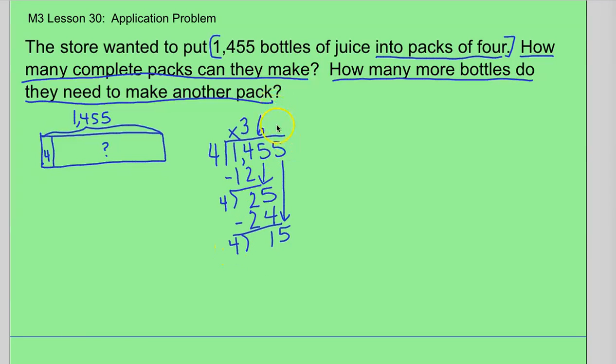15 divided by 4 is 3. 3 times 4 is 12, and I subtract. And I have a remainder of 3. So that means I have to color in a little section here, remainder 3. To answer the first question,